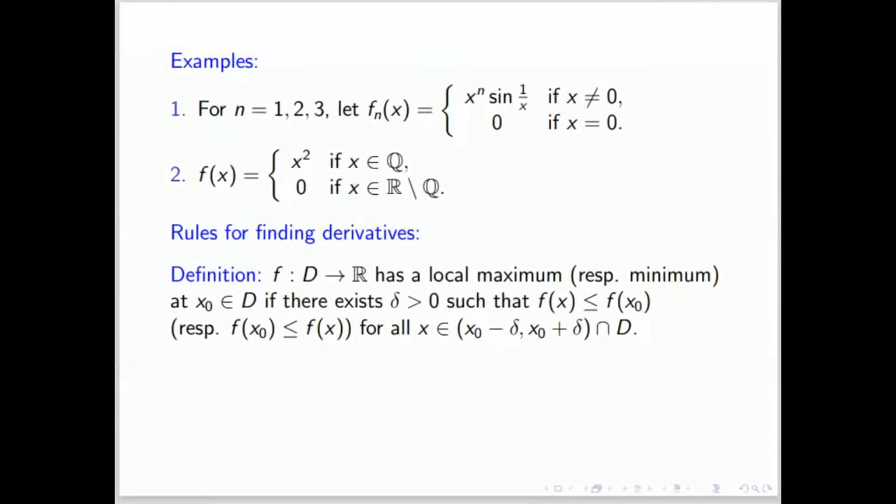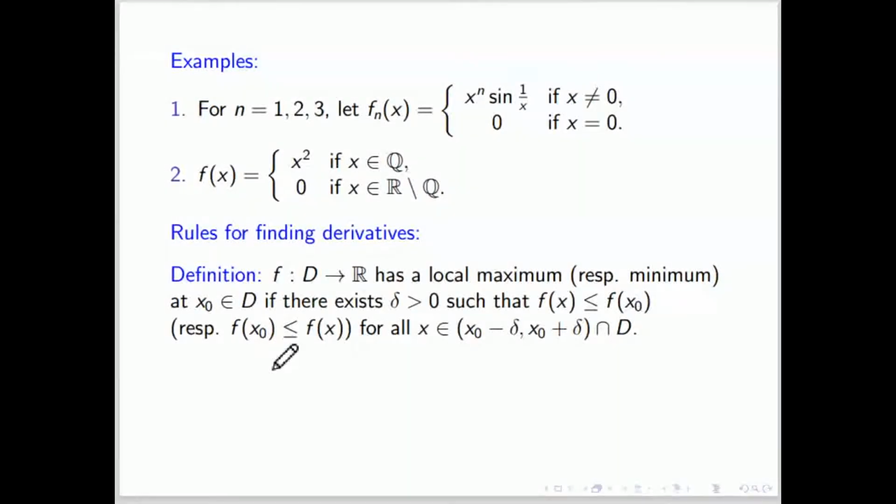So there is one definition of local maxima or local minima. We'll see how to find maxima and minima also. A function f from D to R has a local maxima or minima. First we'll see local maxima. We'll say that the point x naught in the domain D is a local maxima if there exists a delta positive such that f(x) is less than f of x0 in the neighborhood of that delta in that domain. If it is a minimum, that means f(x) is bigger than f(x0) in the neighborhood of that delta.